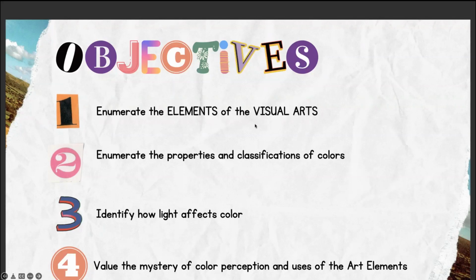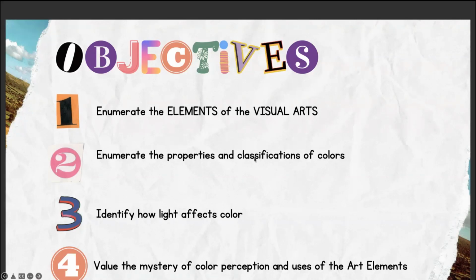Now, visual arts, remember we tackled that before, that we can classify arts into two based on medium, visual arts and auditory or audio arts. So when you talk of visual arts, we classify it also into two-dimensional and decorative or commercial. So under the two-dimensional, we have painting, photography, and so on. Whereas in the commercial or decorative art, we have ceramics or sculpture, and so on. Okay, so here we'll talk about the elements of the visual arts, and then the properties